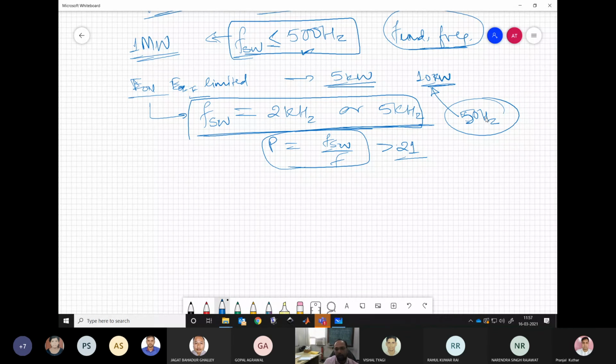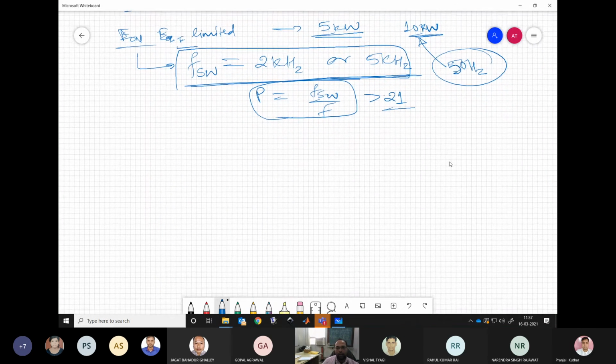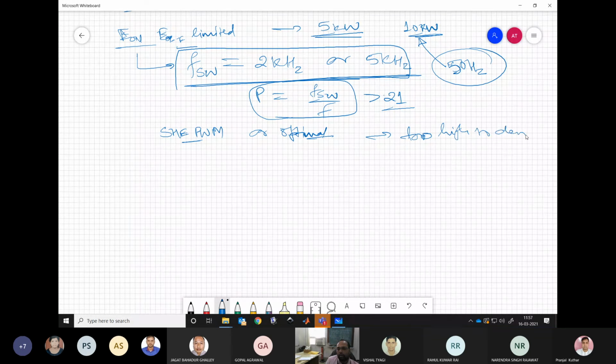So this is what we have for low power systems, and for such low power systems, we need not go for the PWM techniques like SHE or optimal, because the number of switching angles in a quarter cycle would be too high to design in that manner. There will be too many angles, too many equations to solve, which is not an advisable thing to do. So there are other PWM techniques which we generally use for our system.